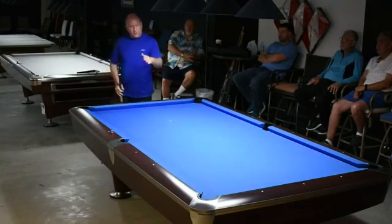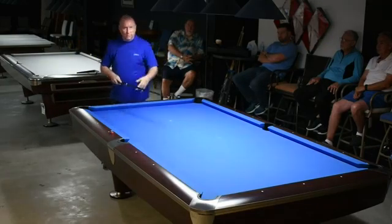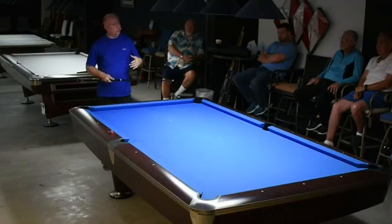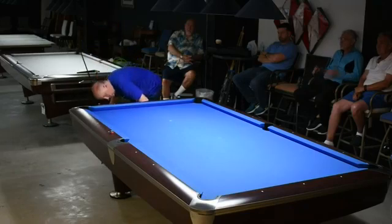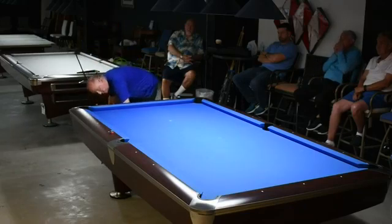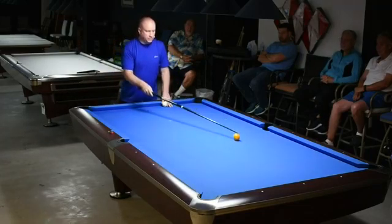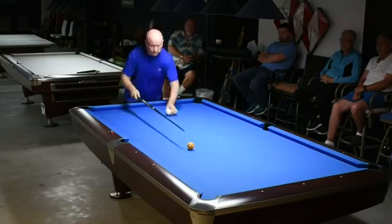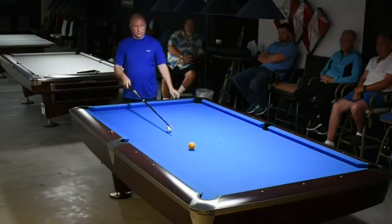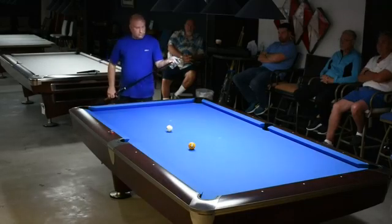I mentioned it before with follow, how the ball goes down the tangent line and then curves forward. With draw, I think it's even more noticeable when that happens. People love that curving action of a draw shot. And again, nothing magical about that. We certainly use that to our advantage. I'll shoot it in this direction. So again, if I have a slight angle like this,